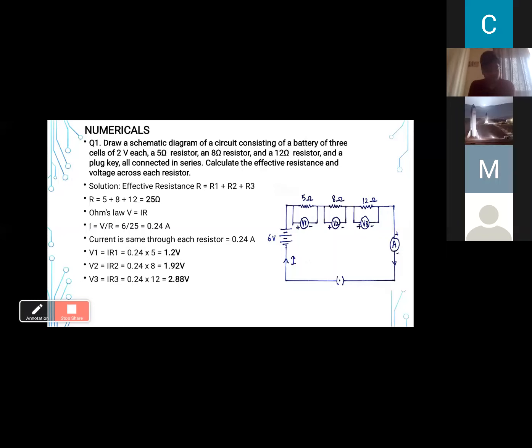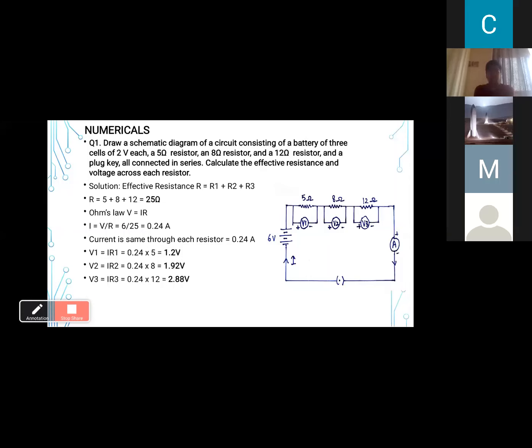One more thing. When you're making a circuit diagram like this, is it always necessary to put a voltmeter in there? Yes, it is necessary. Voltmeter, ammeter, that's why I told you. Even if they have not mentioned, it is necessary whenever you have to draw a circuit diagram: battery, switch, ammeter, voltmeter and the resistances, these components are very important. You have to draw them.